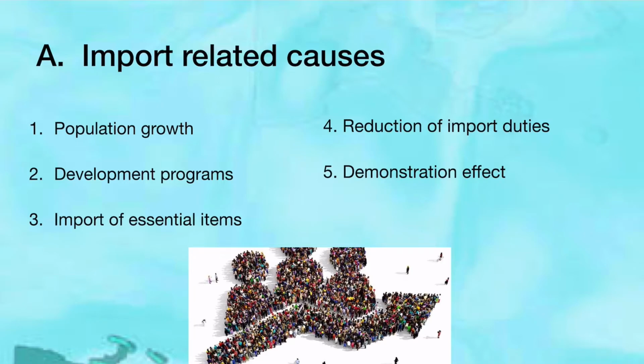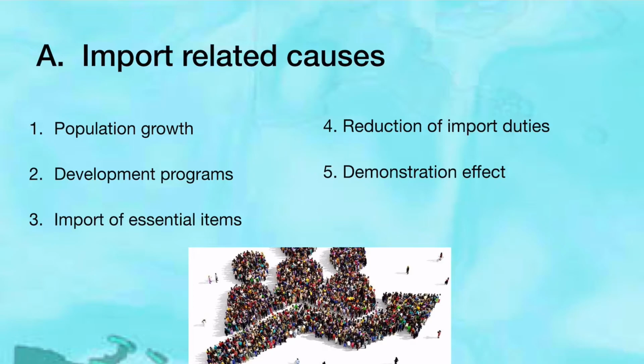So when we, as a country, from an underdeveloped country, now we are a developing country, slowly we would want to become a developed country, a fully developed country. Now in order to attain that, we tend to demonstrate the living standard, the taste and preferences, the goods and services that the developed countries enjoy. We would also like to have them. So basically we are trying to imitate those people living in the developed countries. That effect is known as demonstration effect.